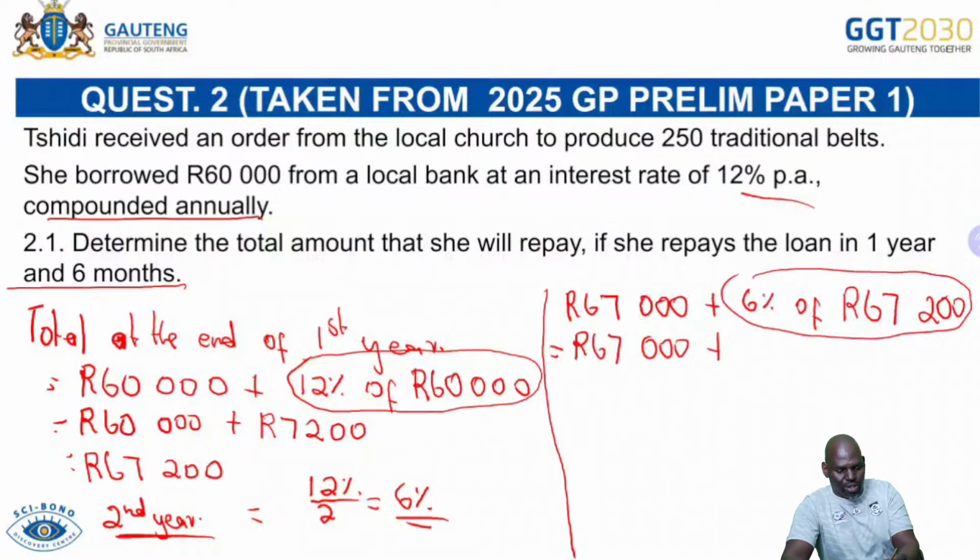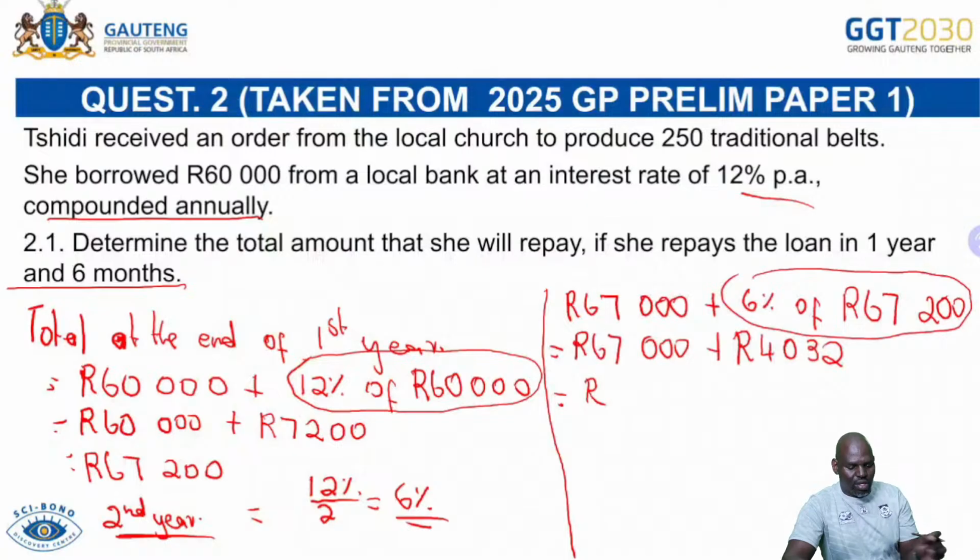Then I get 4,032. And in the end is 67,000